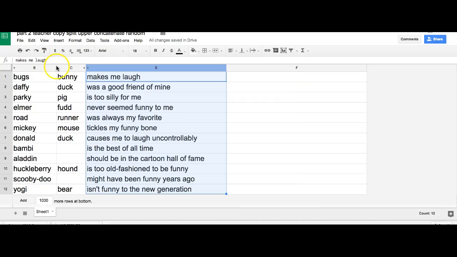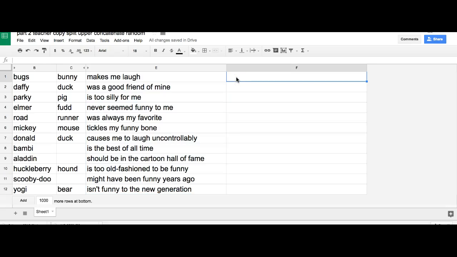Okay, so now I've changed the width of the columns. I've hidden column A and column D. And we're ready to look at a new command, which is indirect. So this allows us to construct a cell name. So we say equals indirect. Okay, and in our case, we want to build something that starts with E. So we say quotes E, and then we're going to do an and sign that says put together E and